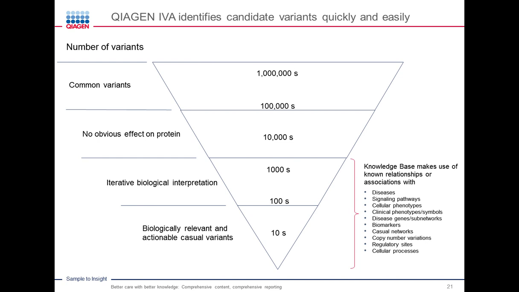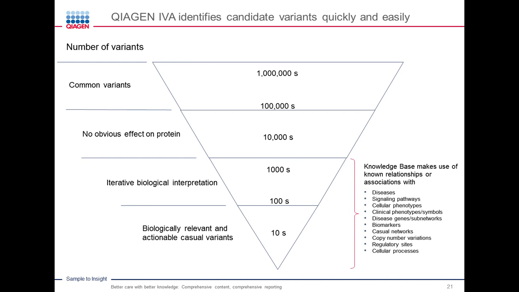And we do this through a set of steps where you can reduce variants through common sense questions like, show me only variants that are not present in the general population, because presumably if they're present in the general population, it's not causing disease. And that's what the common variants filter does. Then you might want to say, well, show me variants that have no obvious effect on protein, because if it doesn't affect the protein, it probably isn't going to impact disease or cause disease.